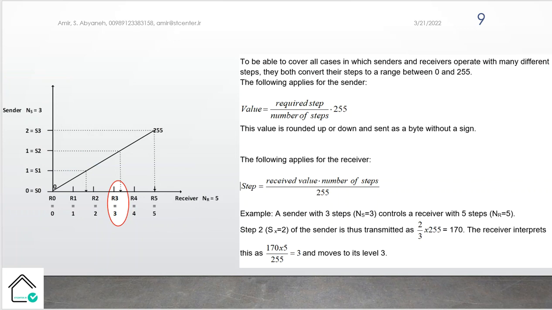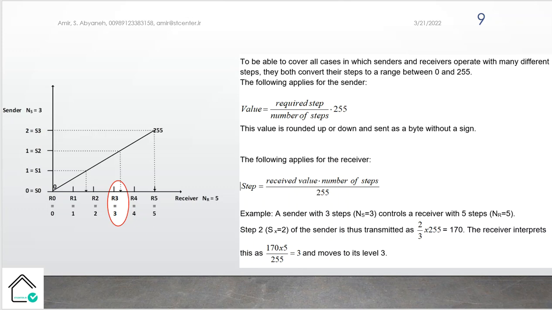The book provides us some nice conversion to understand much better what we talk about. To be able to cover all cases in which sender and receiver, for example in one group address the sender from a sensor and receiver from actuators, operate with many different steps, they both convert their steps to a range between 0 and 255.